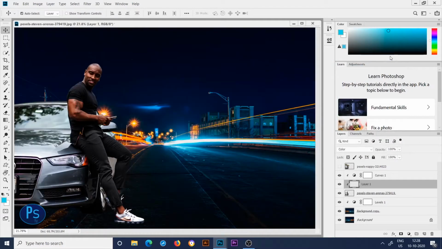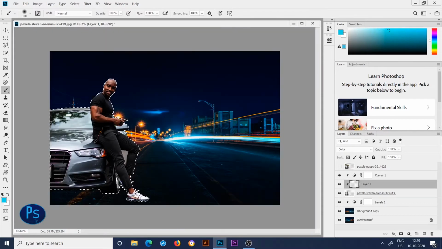Then Ctrl 0 to zoom to fit the screen, and then select the brush tool. Make sure your foreground color is the light blue which you selected. Then select Layer 1 and then holding the Control key, click on this thumbnail. Select this subject, then go to the brush tool